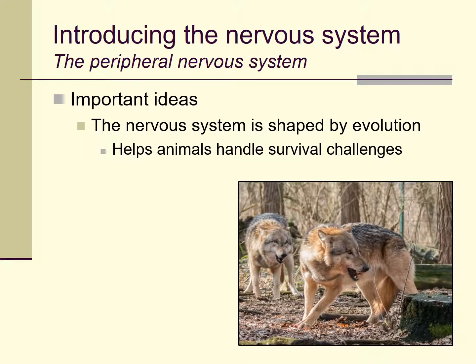Now, I've mentioned this already, but an important idea here that I want to focus on a little bit is that our nervous system generally, and for the purpose of today's lecture, specifically our peripheral nervous system, and more specifically the parasympathetic and sympathetic branches of the autonomic branch of the peripheral nervous system, these systems of nervous tissue are shaped by evolution. We believe, and biology has good evidence to suggest that, like other parts of our body, this is the product of evolution over many millions of years, shaped by the forces of natural selection.